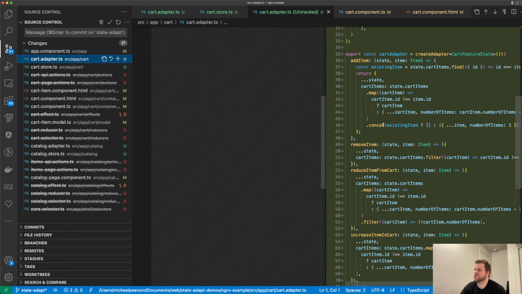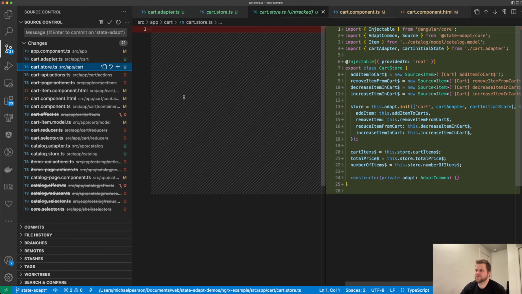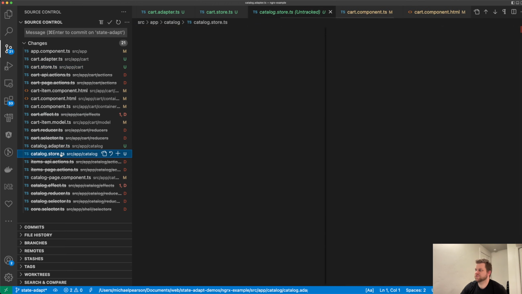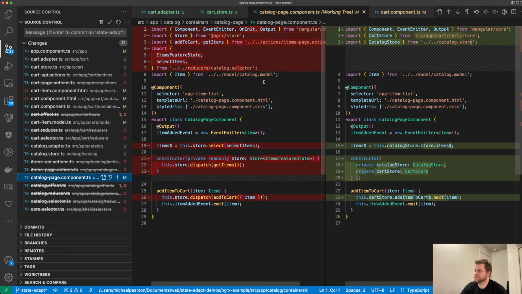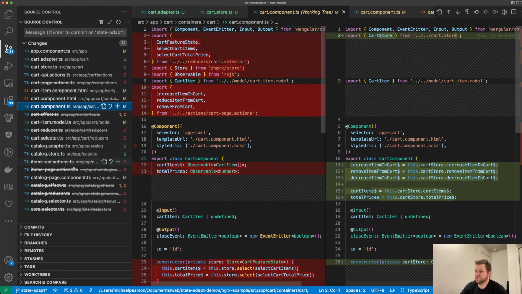I don't know how I feel about how it was organized before exactly, but anyway, we added a cart adapter, cart store, catalog adapter, catalog store, and then updated the two components. I think there were just two. Yeah, this one and this one. Yeah, overall, pretty awesome. So I'm going to commit this and then we can